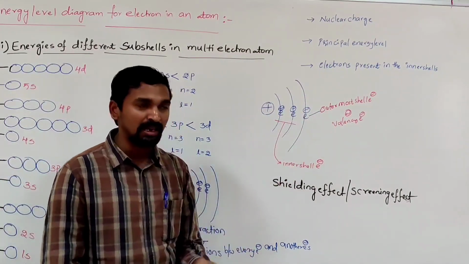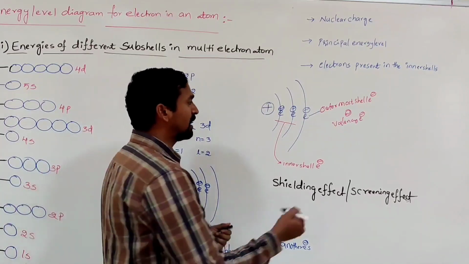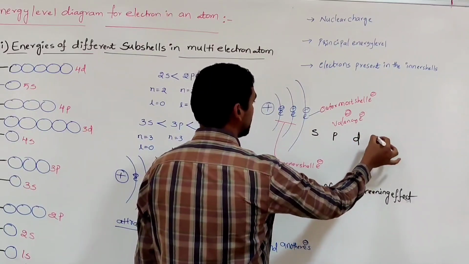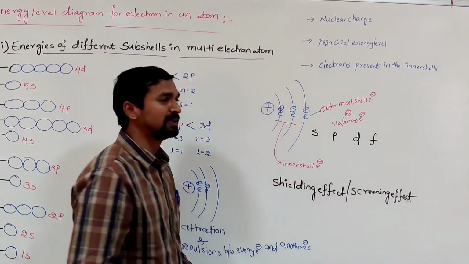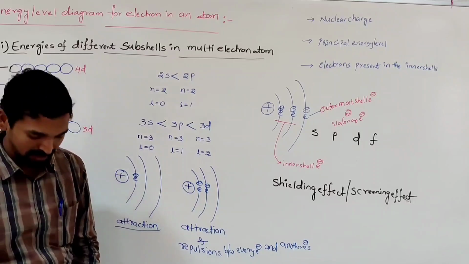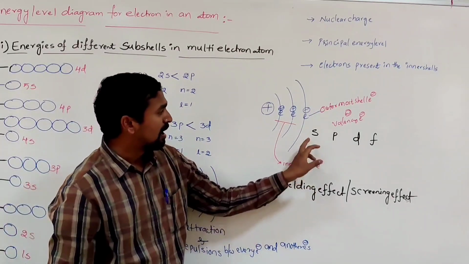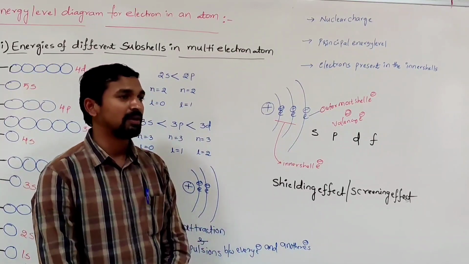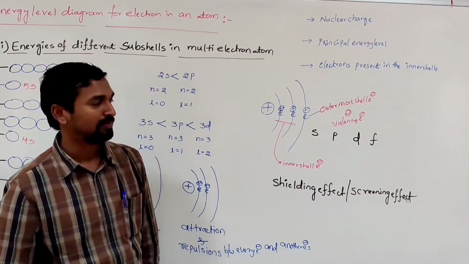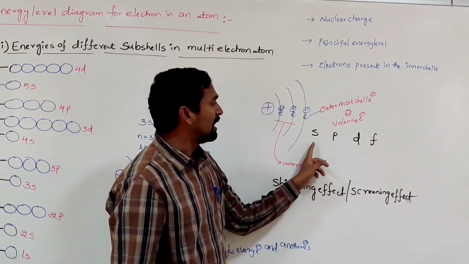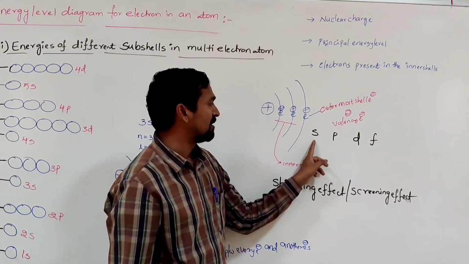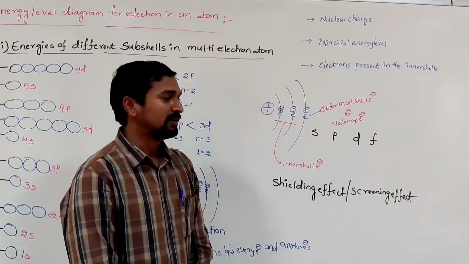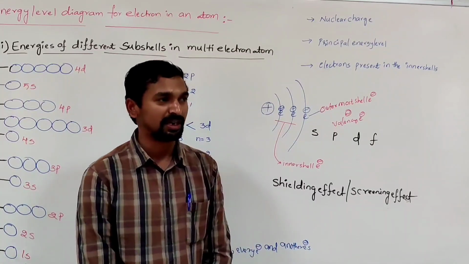The electrons are present in the outermost shell. So in the outermost shell, definitely there are subshells. What are the subshells there? S subshell is there, P subshell is there, D subshell is there, F subshell is there. The electrons present in S, P, D and F. Whether the electrons present in all these subshells in the outermost shell feel the same screening effect and shielding effect? No. The electrons present in the given shell in different subshells S, P, D and F do not feel the same nuclear charge.